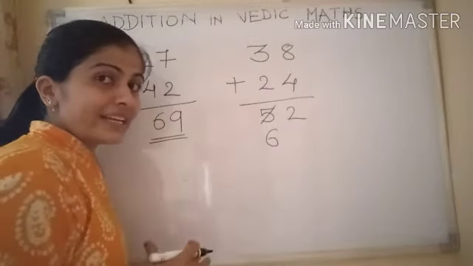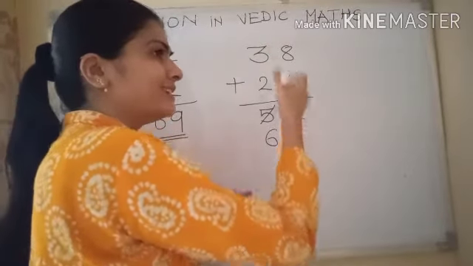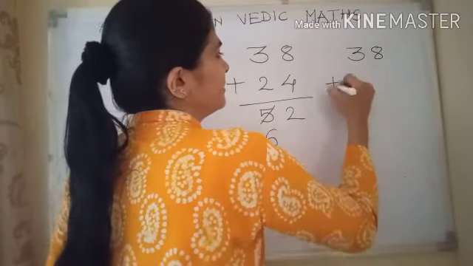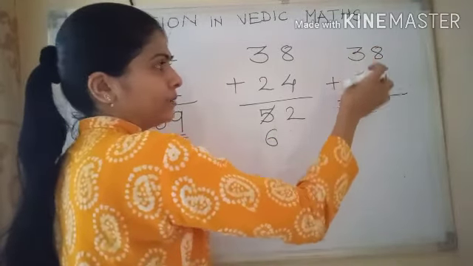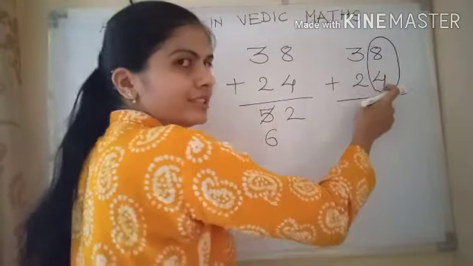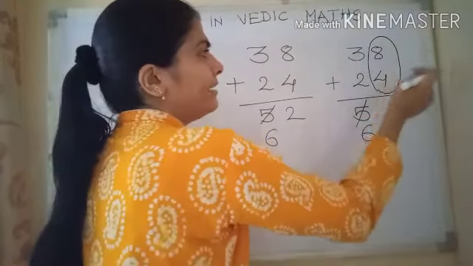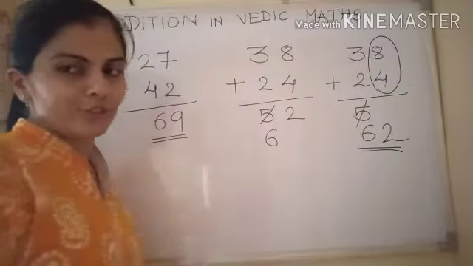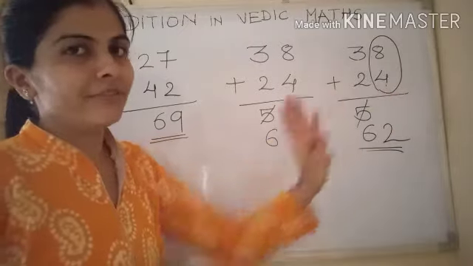So whenever we start addition, we need to take care of the next pair. We need to look at the next pair, whether it is a carry combination or a non-carry combination. It means if it is 38 plus 24, now 3 plus 2 is 5, but look at the next pair. It is 8 and 4 which is a carry combination. So instead of 5 we will directly write 6, and 8 plus 4 is 12, so we will write 2. So the actual answer is 62. So in Vedic maths we need to take care of the next pair whenever we do addition.